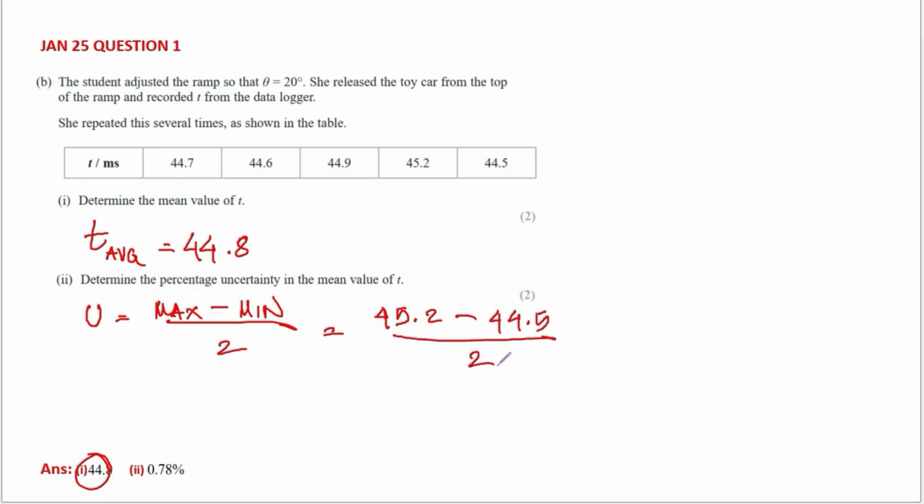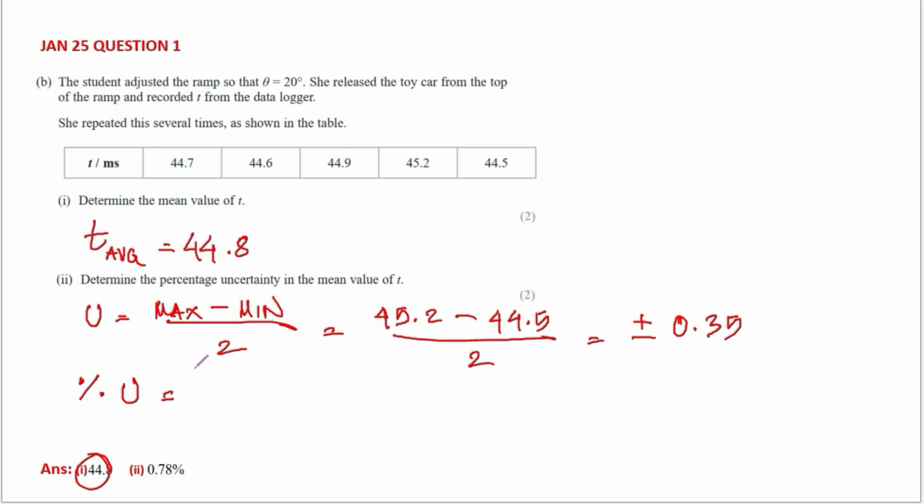Max minus mean divided by 2 gets you 45.2 minus 44.5 divided by 2, which gets you 0.35. And generally, the way I write my uncertainty is plus minus 0.35. And always remember, the equation for percentage uncertainty remains the same, whether it's for an instrument or